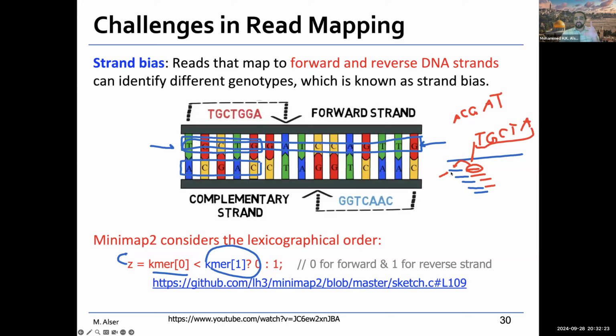However, because it is reversed, sometimes I could reverse those characters. So I could report this k-mer as T, G, C, T, A. So it will be the reverse complement seed of this seed. So this is the blue seed that I extract from the provided reference genome as a FASTA